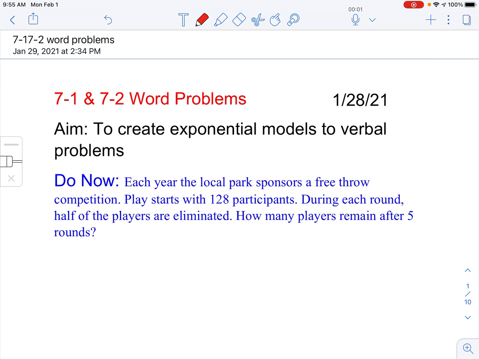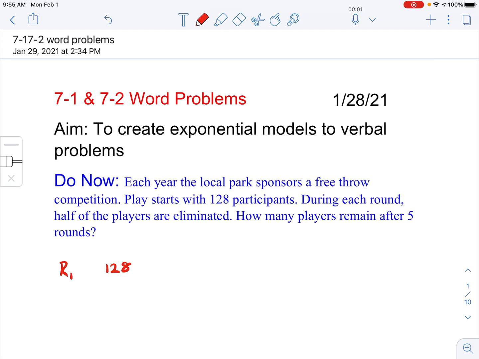It says each year the local park sponsors a free throw competition. Play starts with 128 participants. During each round, half of the players are eliminated. How many players remain after the 5 rounds? Okay, so let's think of it this way. In round 1, we have 128 players,